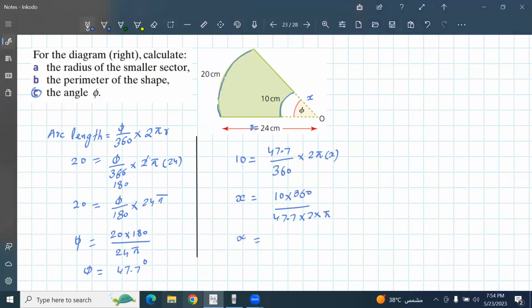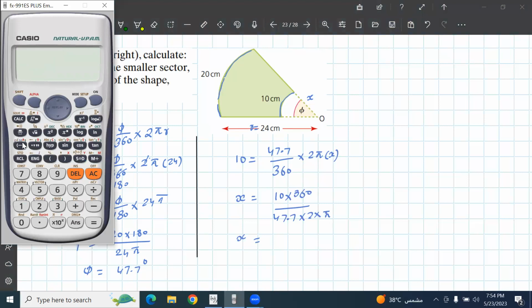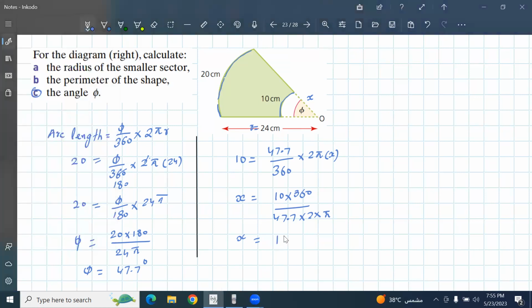Okay, so we can check here again. 10 multiply 360, divided by 47.7, multiply 2, shift pi, we have 12.0. So 12.0 centimeter. It means this one is 12, this side is also 12, but at the end we are looking